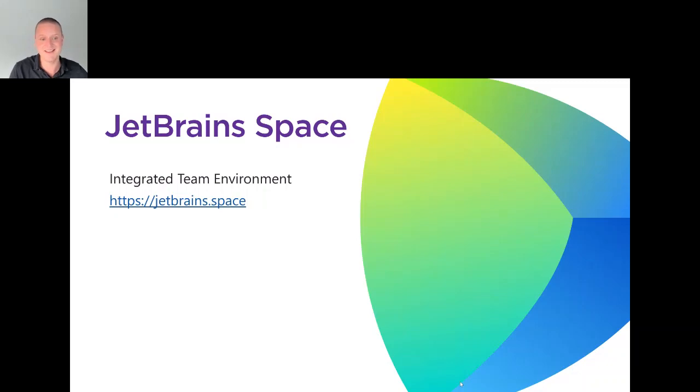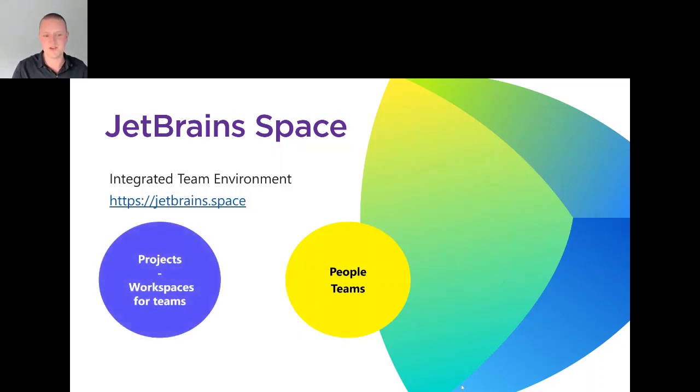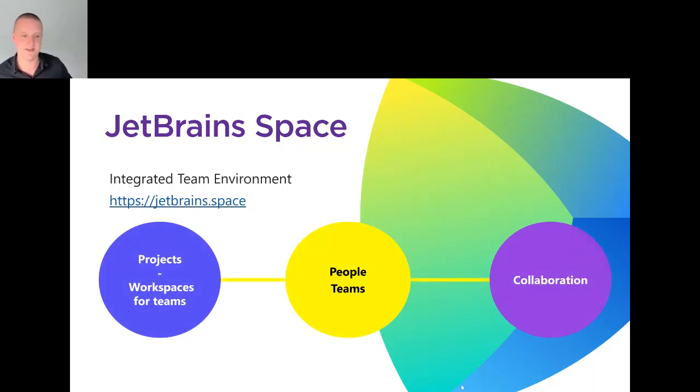JetBrains Space is an integrated team environment, which means that you have people and teams who are working in your organization. They can collaborate on projects and workspaces inside of Space, and all of that information sort of flows together and is available. What we mean by that, by the fact that it's an integrated team environment, is that in